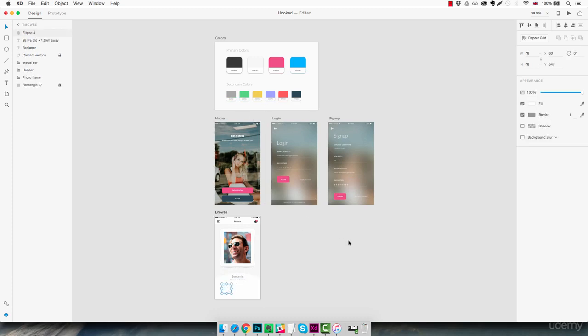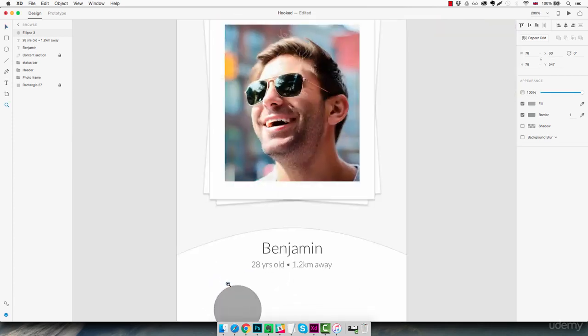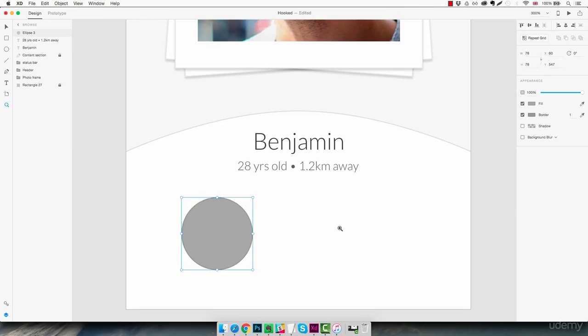So we're gonna hit Command 0 to see the full view of our canvas, and using the color picker we're just gonna pick this color here. Then we're gonna go back down, remove the border,